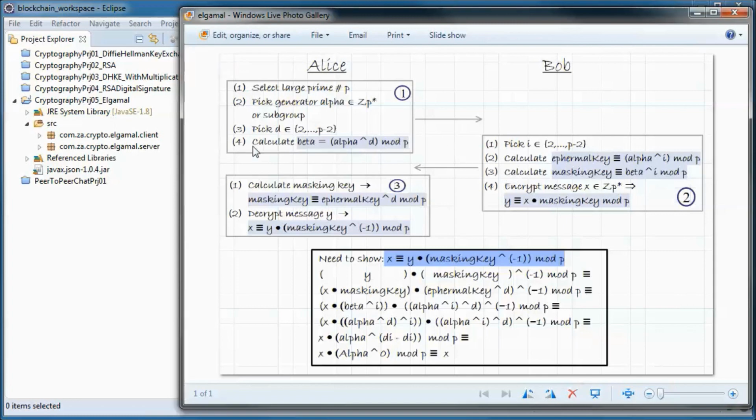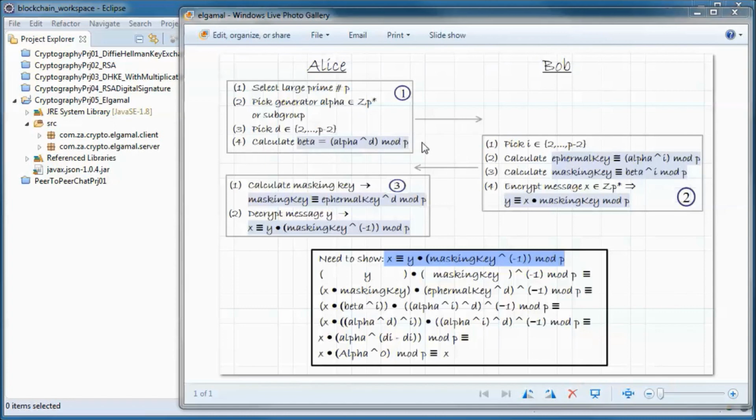So we start with Alice selecting a large prime number P, and then she picks a generator alpha in Z_P star or a subgroup of that, and third she picks a private key D in 2 to P minus 2, and then she calculates the public key beta, so alpha to the power of D in mod P.